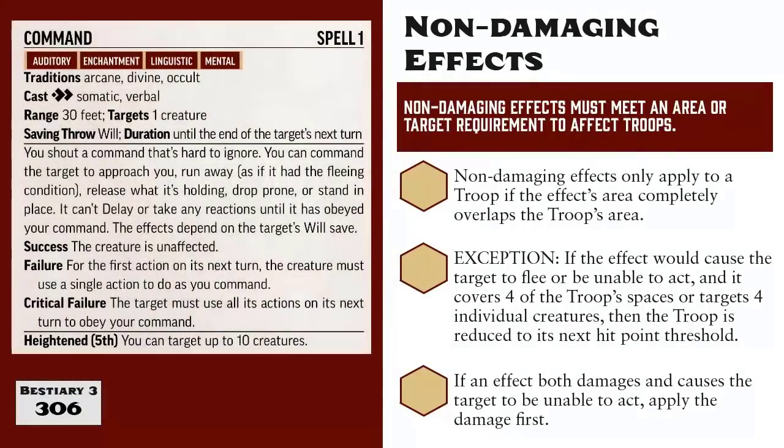So for example, say a player casts Command at the troop. The spell only targets one enemy and therefore has no effect on the troop, even if it was to critically fail a save. Making one soldier temporarily incapacitated by a spell will not have a significant impact on the troop